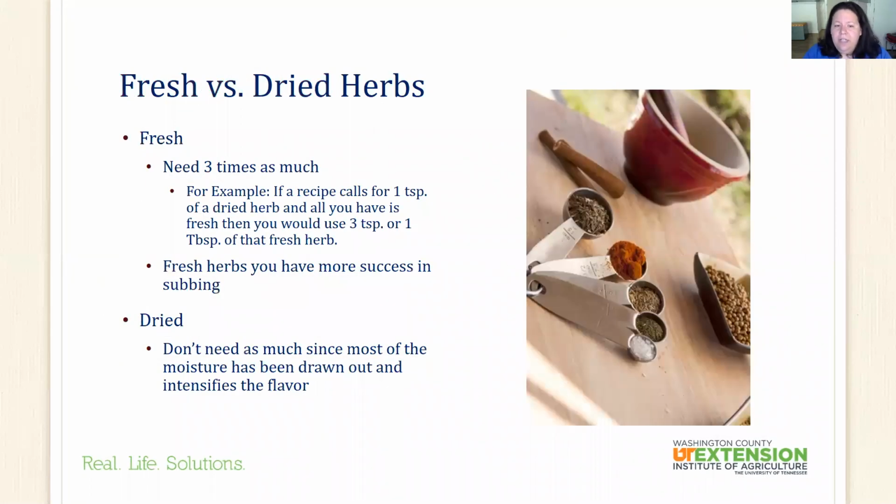So one of the other questions that I normally get is fresh versus dried herbs. If a recipe calls for a dried herb and all you have is fresh, you actually need to multiply that by 3 times. So if a recipe calls for 1 teaspoon of a certain dried herb, you'll need to use 3 teaspoons, or 1 tablespoon, of that fresh